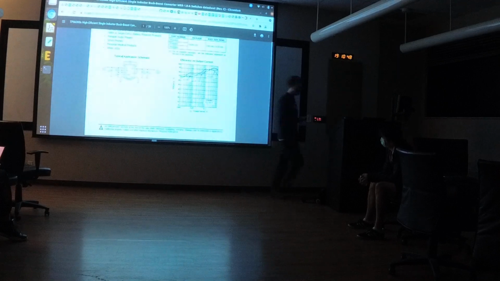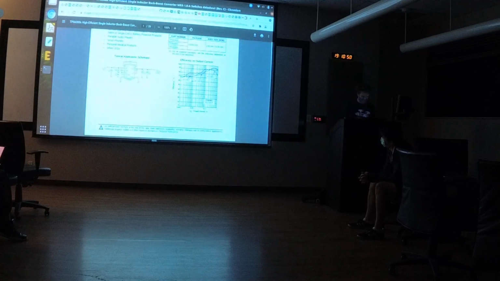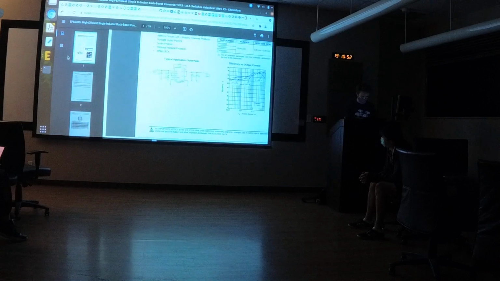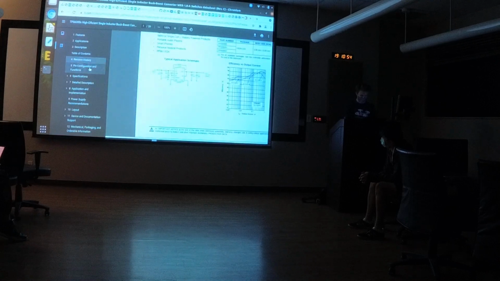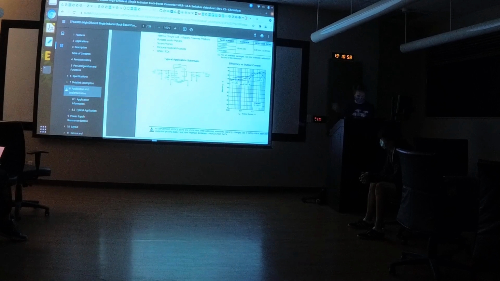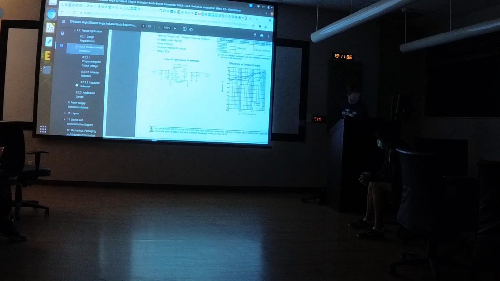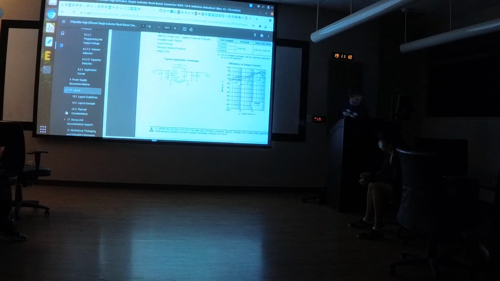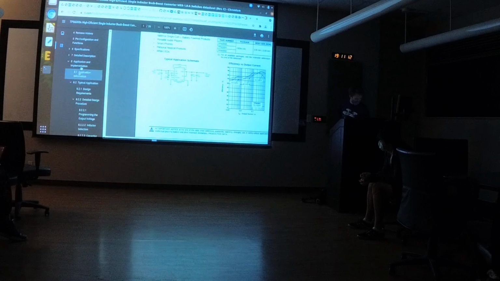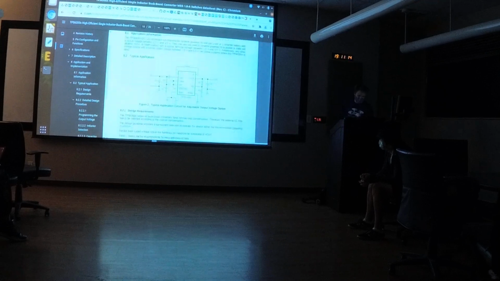You can find the other ones later in the datasheet by going here, and you can see pin configuration and functions, detailed description, application and implementation. Then we go to typical application, detailed design procedure, I believe, and we don't actually go there. We go to layout guidelines. No, we don't. Hold on. So where do we go? Application and implementation. Right. So here's typical